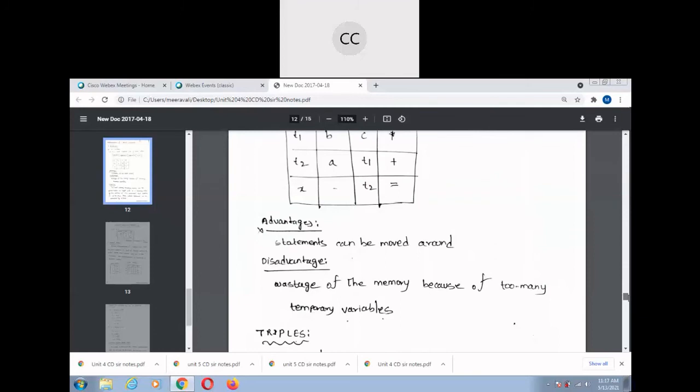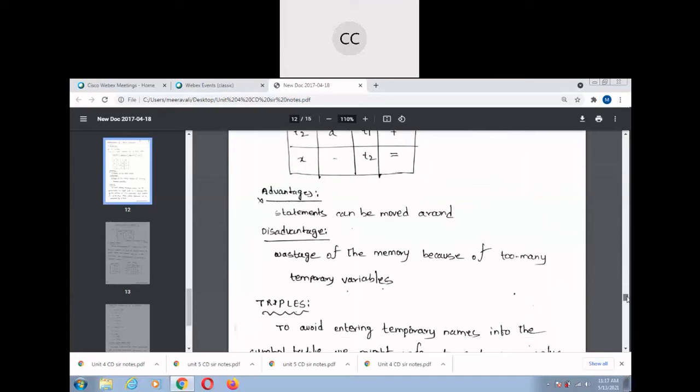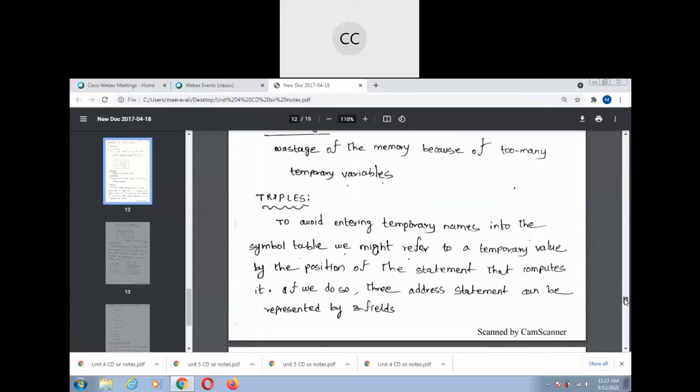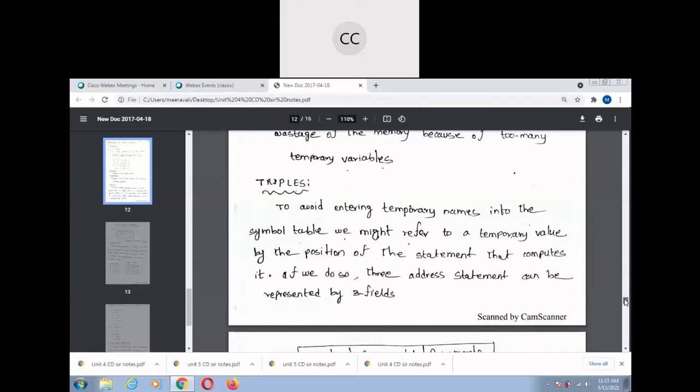The disadvantage is wastage of memory, because we are using too many temporary variables, so it takes more space. To overcome this problem, we go for the triple representation.